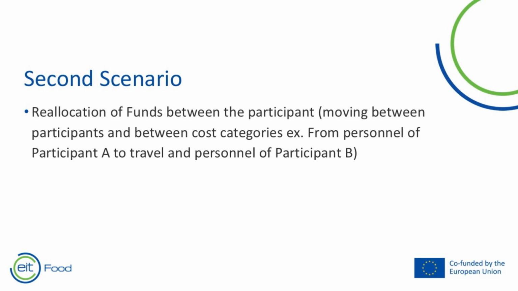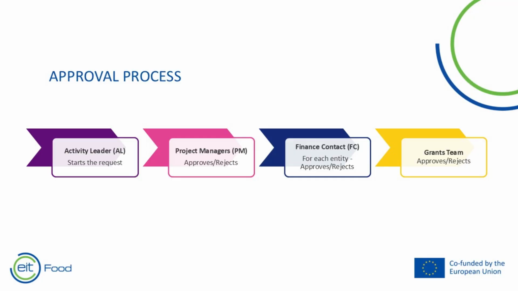And this is the second one, where we will show you a change request from one participant to another. So a budget of one participant will be decreased while the other will be increased. As you already know, the approval flow includes activity leaders, project monitors, finance contacts, and grants team. Therefore, we really recommend master contacts to check and make sure that the finance contacts especially are active users and the correct people who will be working on the budgets after activity leaders approve